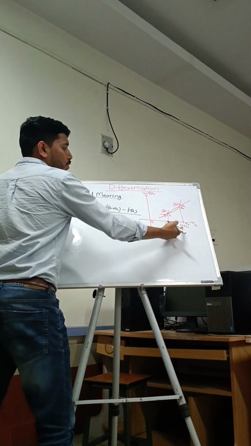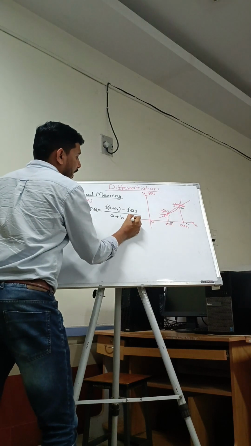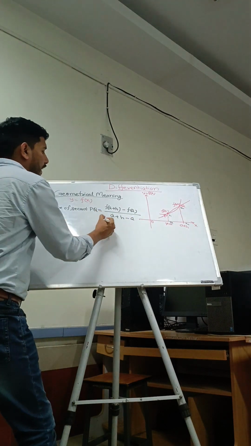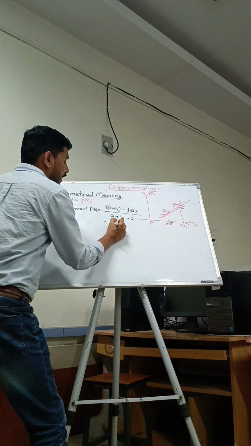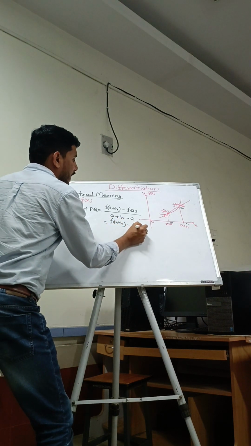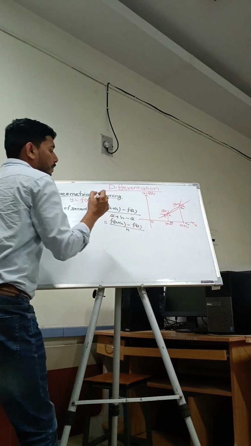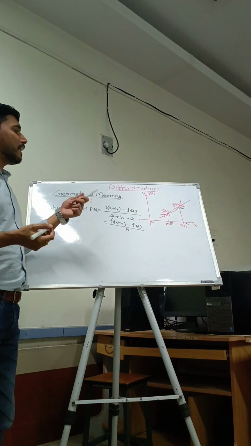Upon x2 minus x1. So x2 is what? A plus h, and x1 is a. So this is slope. So we can write this as f of a plus h minus f of a upon, this plus a and minus a will get cancelled, this will be h. So this is slope of secant line PQ.